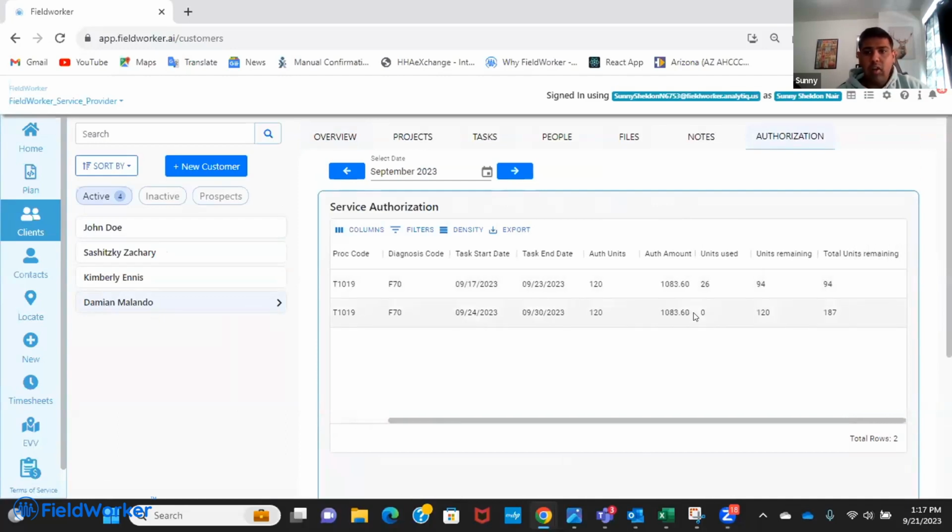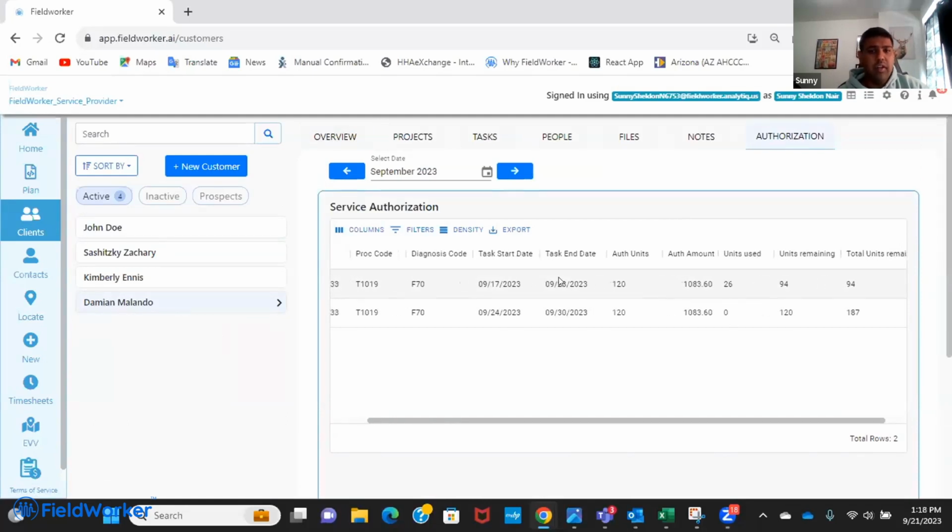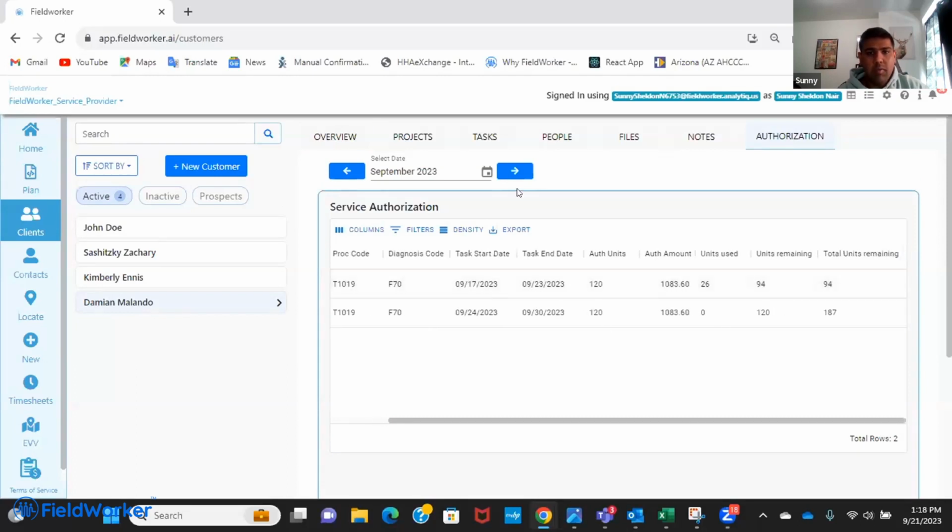If you see, we have a total number of 26 units which are used for this client, as I had different tasks already performed in the service period. And as we move forward, we add up all the units to show you the total number of remaining units in the client plan. This gives you a good number of the units remaining for that client plan, and you can then schedule visits in order to not lose any units which are already approved for the client.